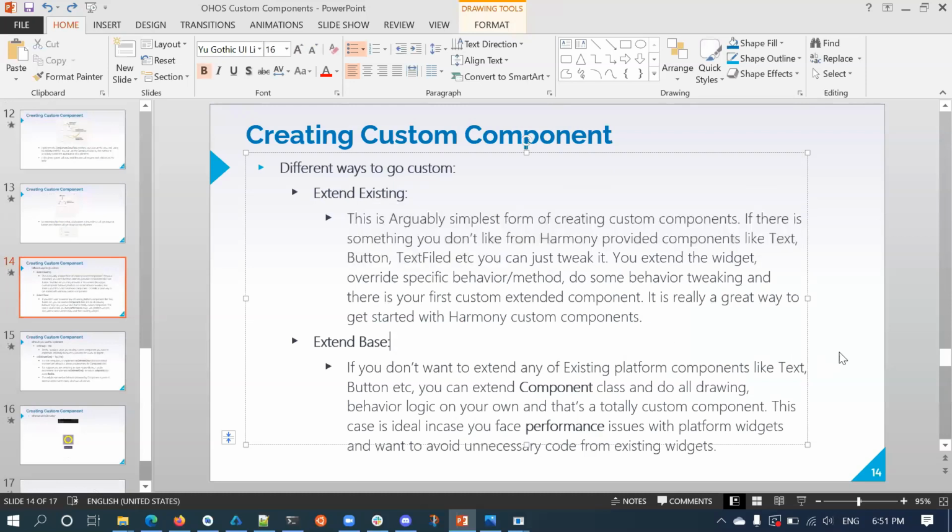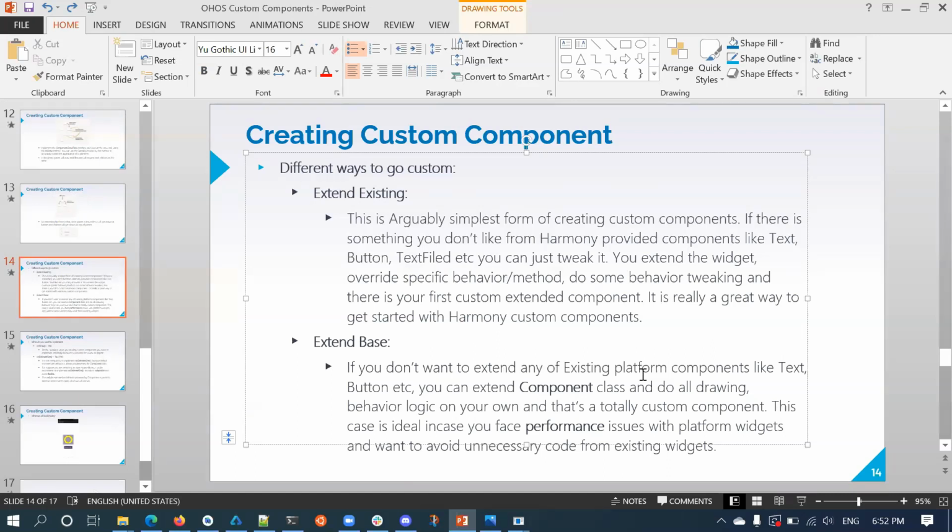There is one more case, extending the component class apart from extending text or buttons. For example, consider this scenario: you want to design a smiley or custom shapes, some circle, or some stars for rating, smiley faces. In those cases, it is possible to extend the component or extend the text.